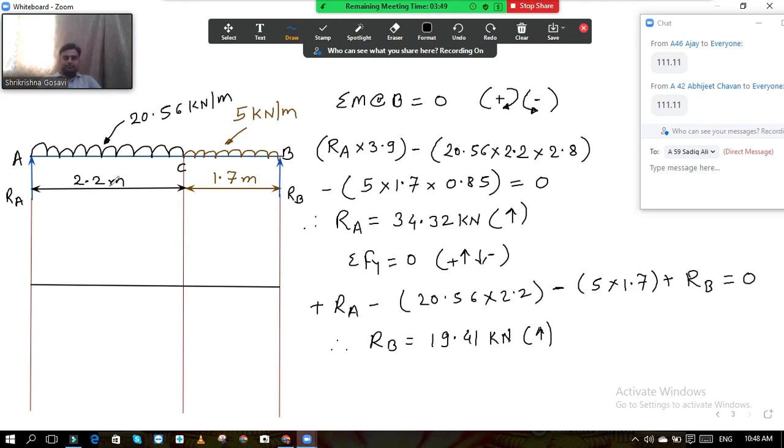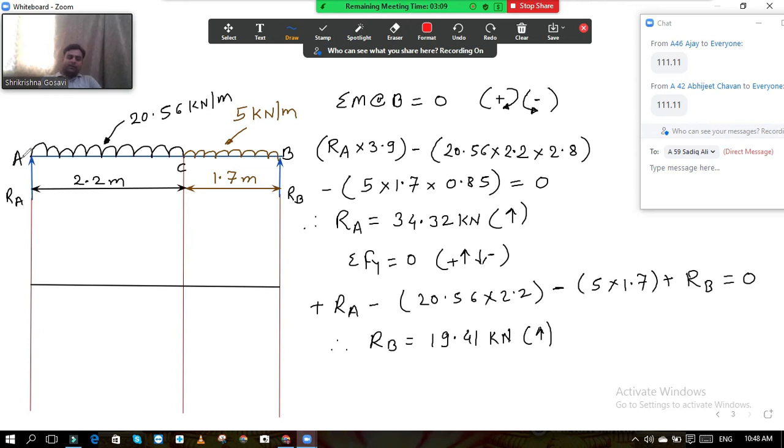So now next, we need to draw the shear force diagram and we need to see where the shear force becomes zero. At that point we are going to calculate the bending moment. So take the calculator in your hand and just orally we will draw the shear force diagram. Whatever I am saying you should do it. When a force or reaction is moving upward we will consider it as positive. If a force or reaction is moving downward then we will consider it as negative. Very simple sign conventions. You should always start from the left hand side.